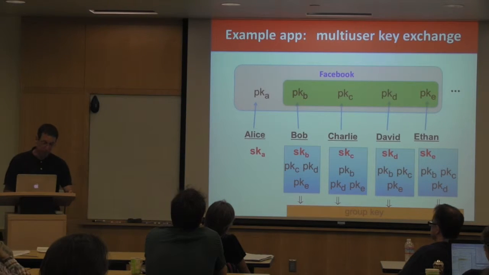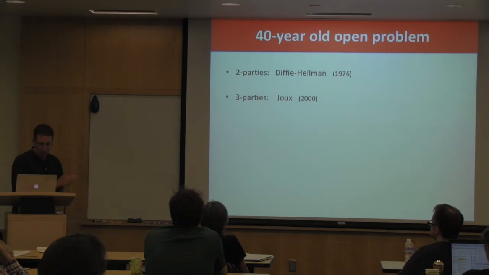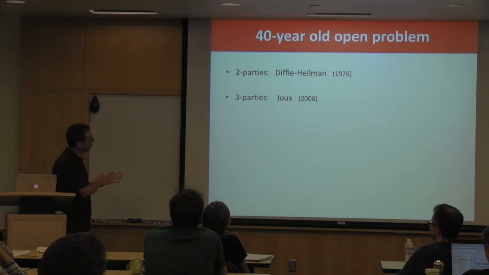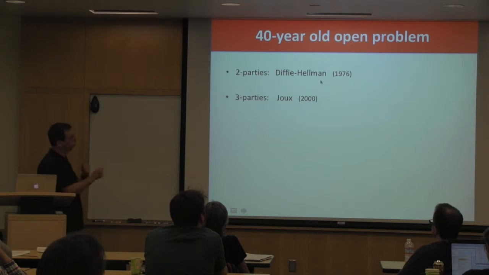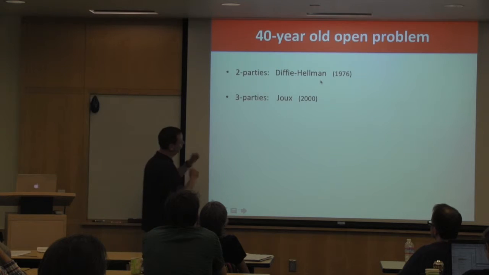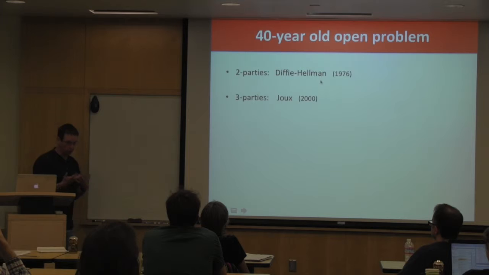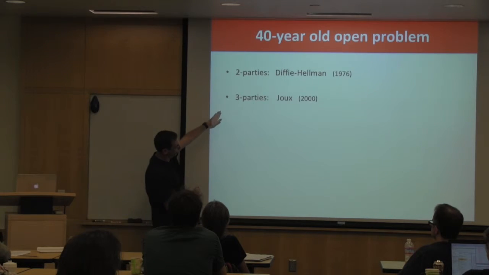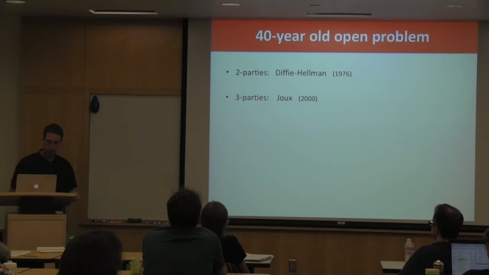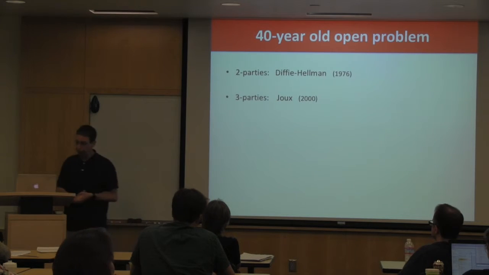So this problem is as old as the hills. It's a long-standing problem in crypto. The two-party case was solved by Diffie and Hellman, when two people want to generate a shared key. The three-party case was solved by Joux using the pairings. This is actually what introduced pairings to crypto. I'll show you how this works in a minute. So three parties can do it using pairings. And the question is, can we do it for any n bigger than 3?